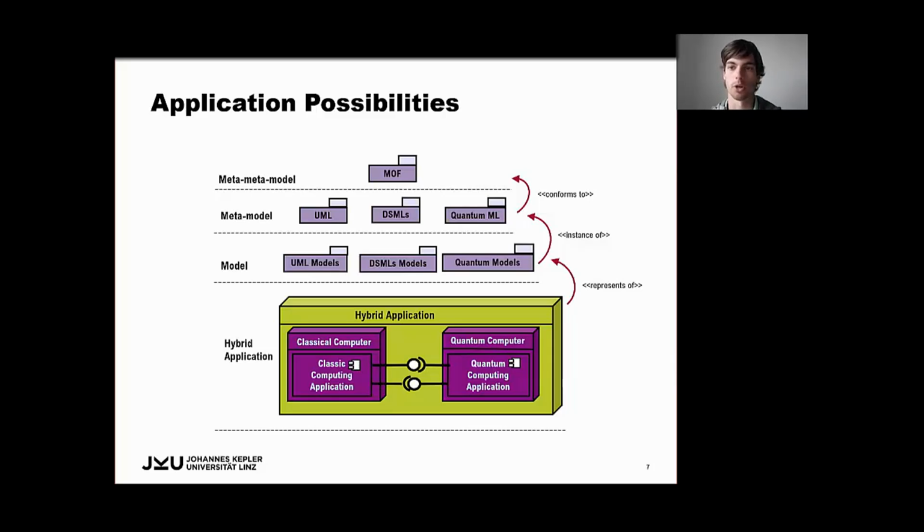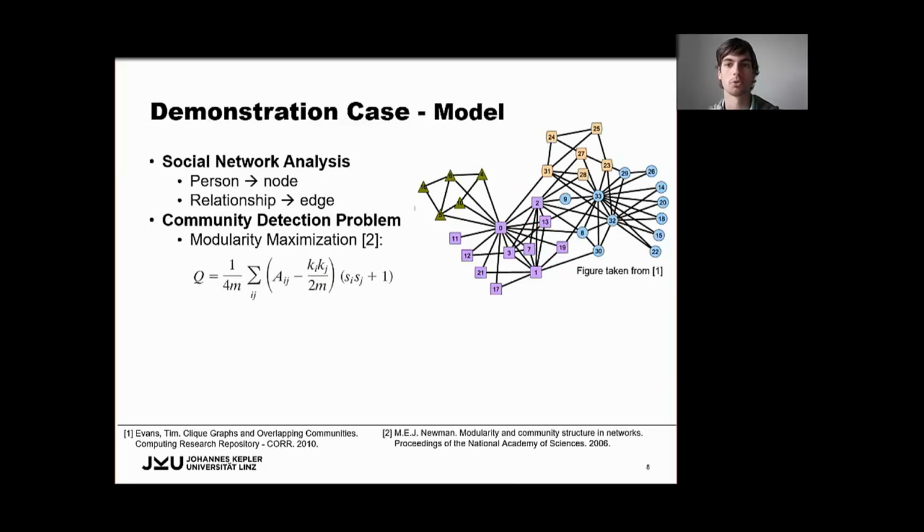And this is also where our work differs from related work, which, at least to our knowledge, focuses on the solution domain and therefore examines, for example, how to model quantum elements and quantum algorithms in general, without taking into account a specific context or problem, like, for example, optimization, chemistry, or finance. So we've created a small demonstration case, which shall really just serve as a first insight on what is necessary to port the existing DSMLs to quantum computing.